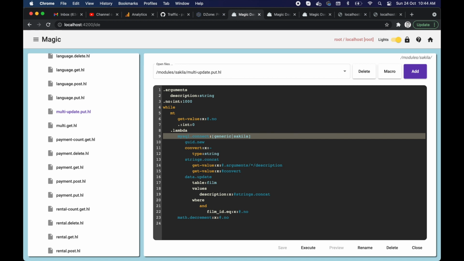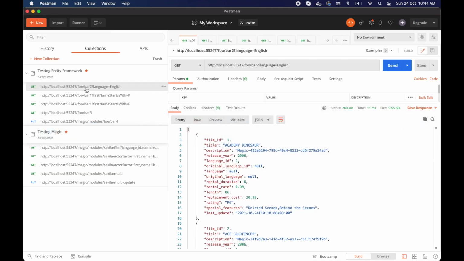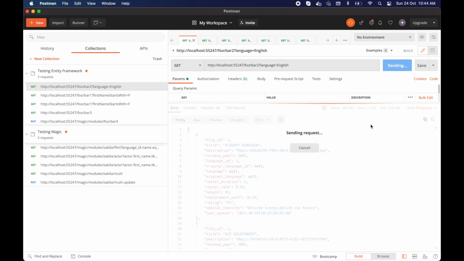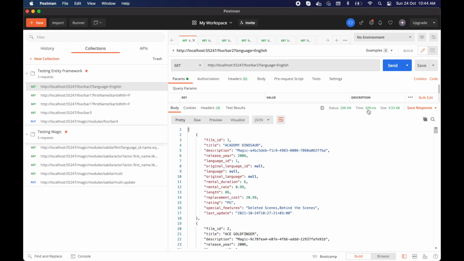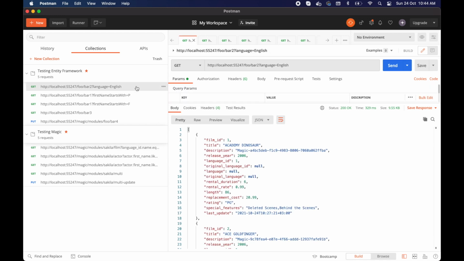So that's the reasons why I've done it like this. With that in mind, first things first, let's check out Entity Framework on a simple get, doing a join for language equal English on my films. As you can see here, it executes in 329 milliseconds. If I do the equivalent in Magic here, then it executes in 193 milliseconds. That might not be a completely fair comparison though, because Entity Framework has a cold start